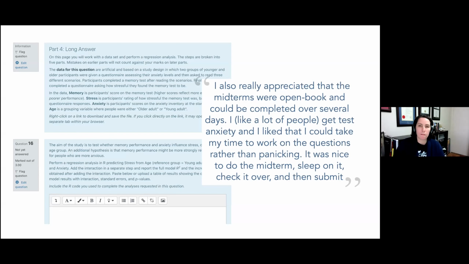So there is some hesitancy around structuring things this way. Cheating, obviously. That's something you can manage with having multiple test forms, random selection of questions from item banks, for example, but really mostly just focusing on preventing low stakes cheating, easy cheating, because students who are determined to do it are going to find a way, whether you've got a closed book or open book test.